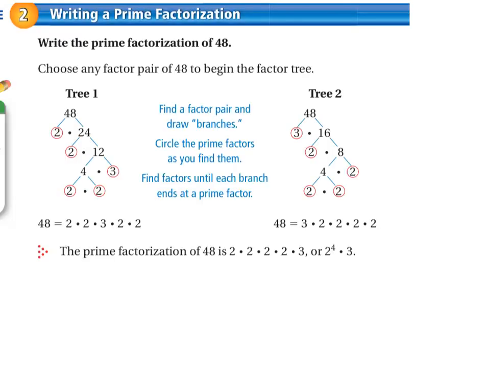So again, they use the factor trees here. I use the ladder method. It looks similar but not quite the same to these. It says find a factor pair and draw branches. Circle the prime factors as you find them. So again, it's easiest if you just understand that let's take the smallest primes possible and break it down by